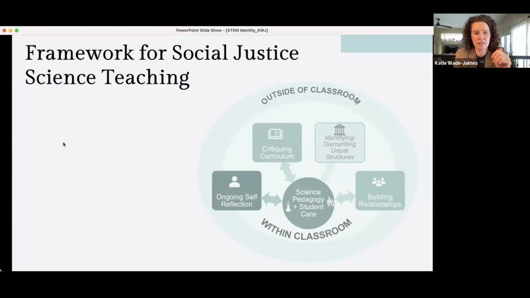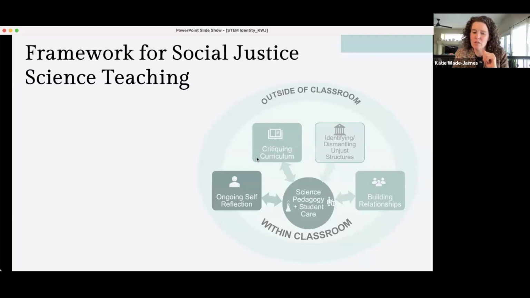So these are the things that I saw science and math teachers doing in their classrooms that were working towards goals of social justice. You can see on here, the core is really that strong pedagogy. Do you have a strong understanding of what it means to really teach science in authentic and meaningful ways? And is that coupled with a really deep level of care for your students? Do you really care about their futures, their homes, their communities, and do you care for them in a way that you see that this is why it's important to teach well, to be a good teacher? It kind of goes back to Gloria Ladson-Billings. That's just good teaching, right? So this is just good science teaching.